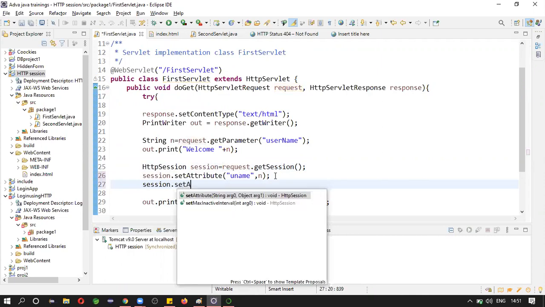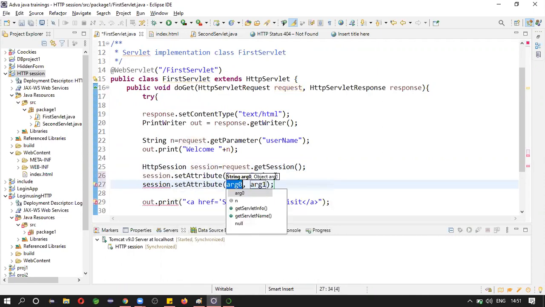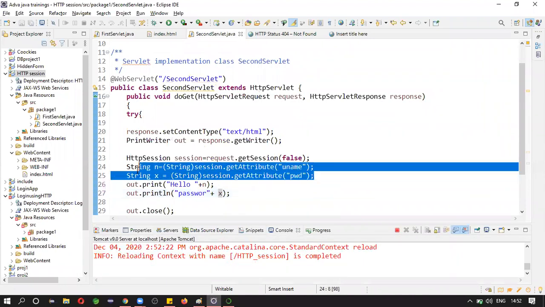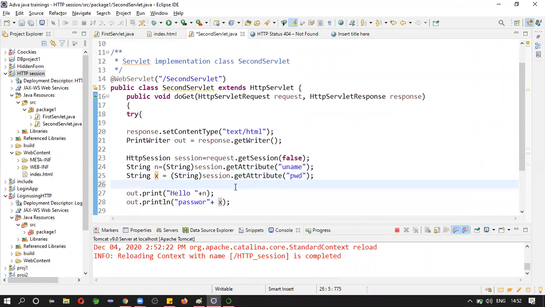like that, you can also add some extra data attribute of... You can validate it, but you can, for example, okay. So here you can access it. Like that you can access it in another servlet.